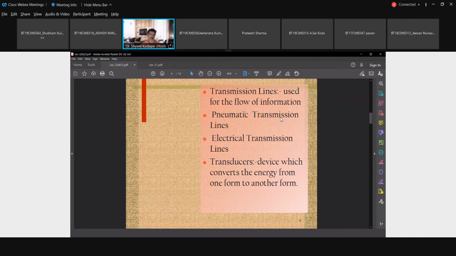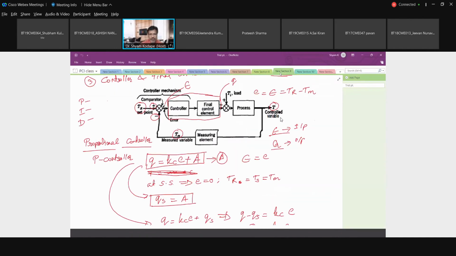ओके, सो ये ट्रांसमिशन लाइंस इलेक्ट्रिकल करंट कैरी करती है 4 टू 20 मिलीएम्पियर में। ठीक है, इसका मतलब क्या है 4 टू 20 मिलीएम्पियर में, कि भाई अगर कुछ नहीं करना है तो 4 मिलीएम्पियर करंट तो रहेगा ही इसमें। जैसे बायस होता था, हमने देखा ना प्रोपोर्शनल एक्शन में, it was like bias when error is 0, q is equal to a आ गया था हमारा, ये बायस था। तो दैट वे, ये वाला, ये देखो, q is equal to qs is equal to a, this one। तो कुछ ना कुछ वहां रहता ही है ऑलवेज।